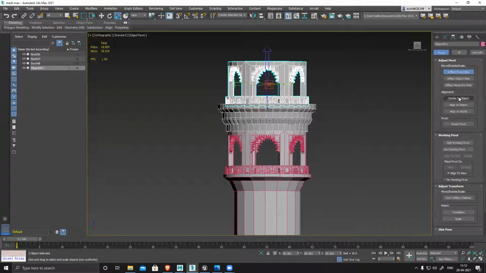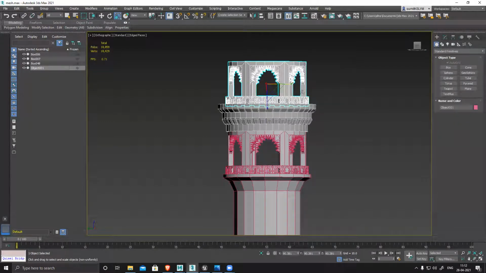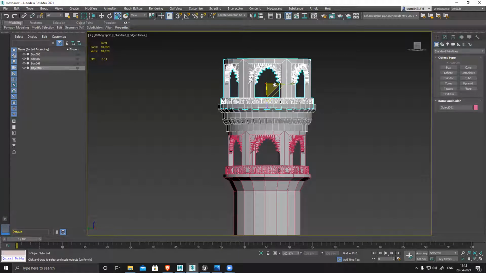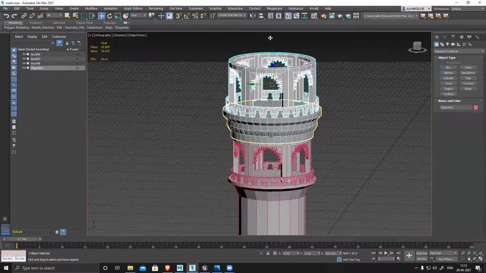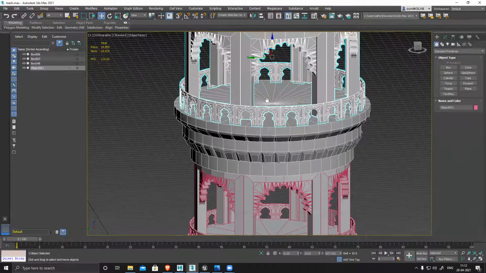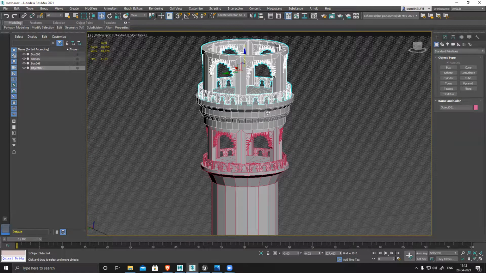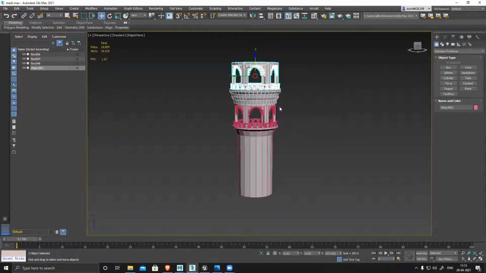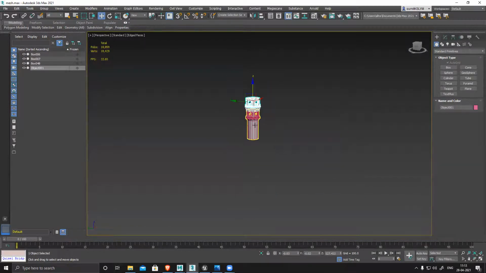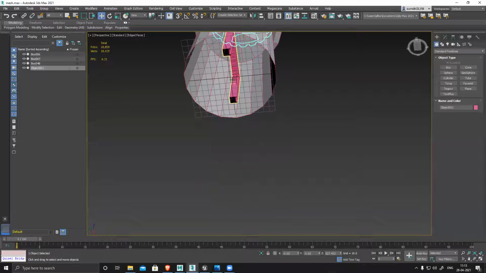I got point center. Scale it up slightly. And perspective and hide all. All right, where is that? Let's see.